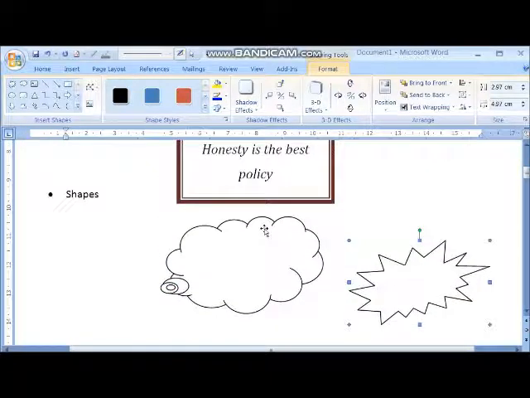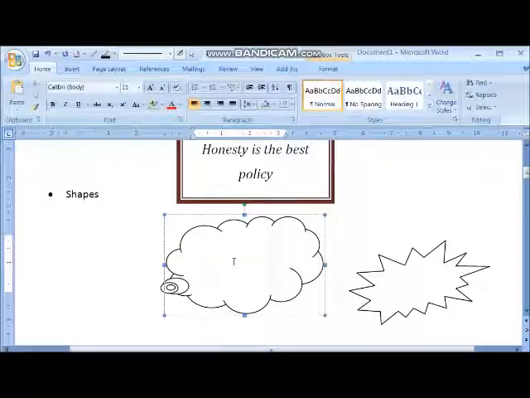Next topic is placing text in the shape. So how to place? Select text. Now if you are going to write, you can write.